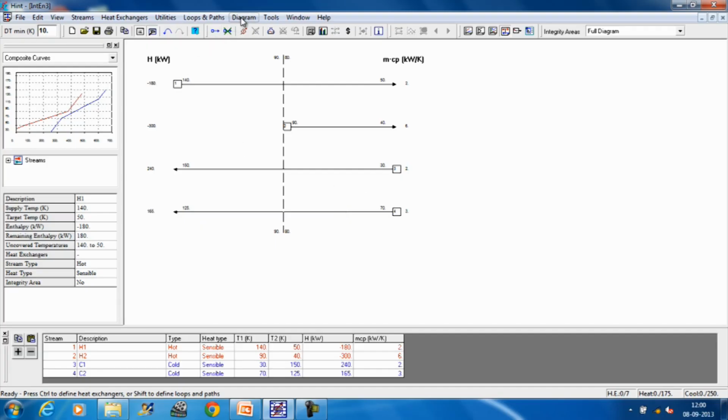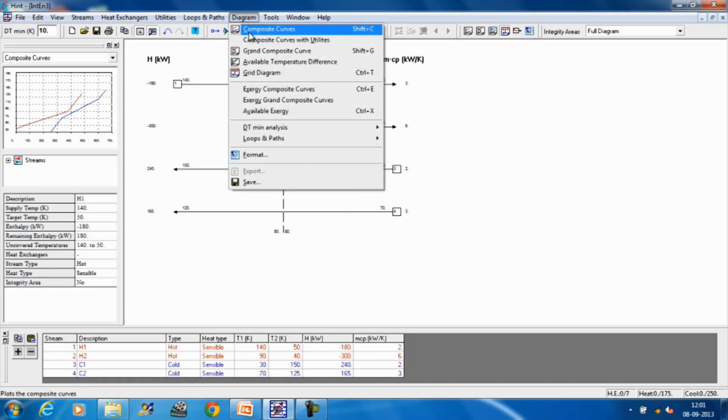Now, if you go to the diagram menu, then different diagrams are available: composite curves with utilities, grand composite curve, available temperature difference, grid diagram, exergy composite curves, exergy grand composite curves, available exergy, etc. We are not going to use the exergy composite curve, exergy grand composite curve and available exergy, but